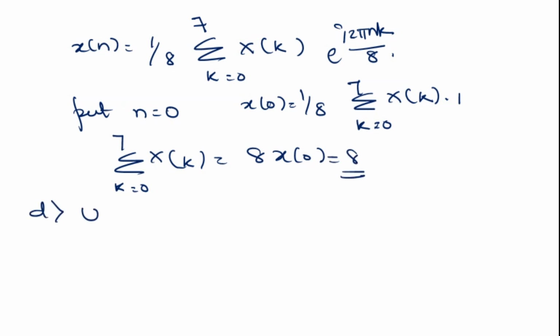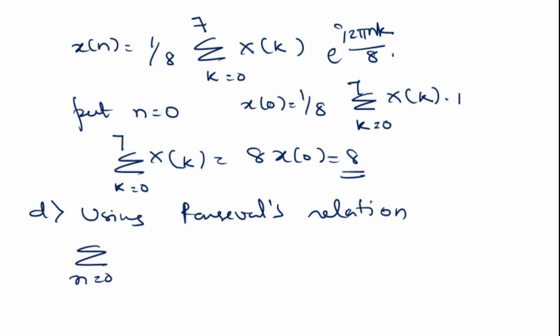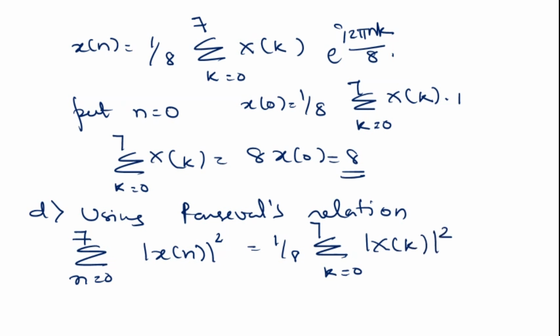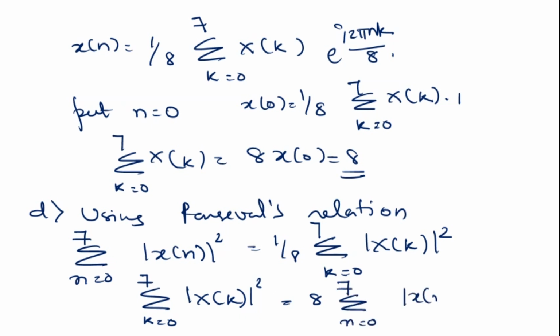And last one, using Parseval's relation, we know that summation n is equal to 0 to 7 mod of x of n square is equal to 1 by 8 summation k is equal to 0 to 7 mod of x of k whole square. Now summation k is equal to 0 to 7 mod of x of k whole square is equal to 8 into summation n is equal to 0 to 7 mod of x of n square,